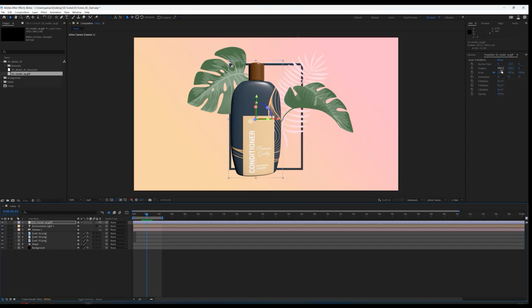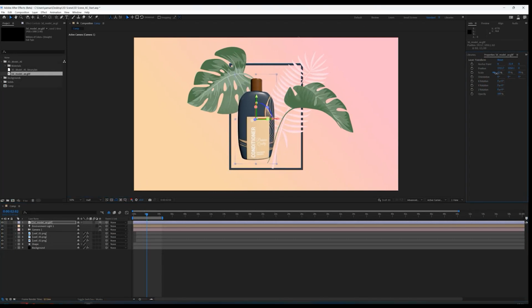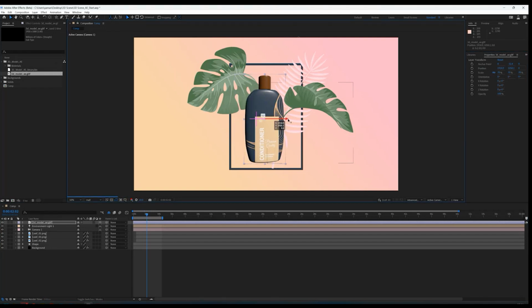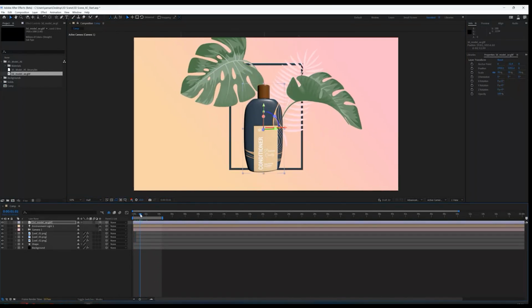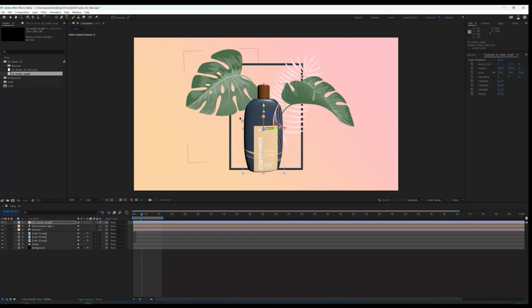So maybe let me just scale it down slightly like this. I'll put this one here. I'll bring this down somewhere here. And I want to create an animation, something like, as you can see, this pop-up kind of animation. So for that, I will bring my anchor point at the bottom like this. And now if I scale down to 0,